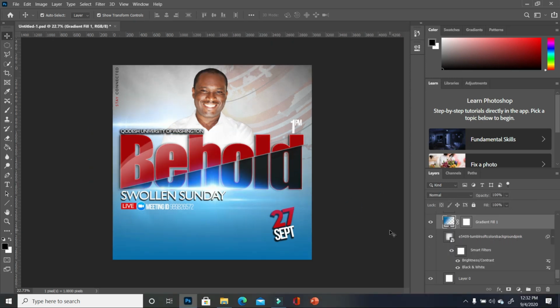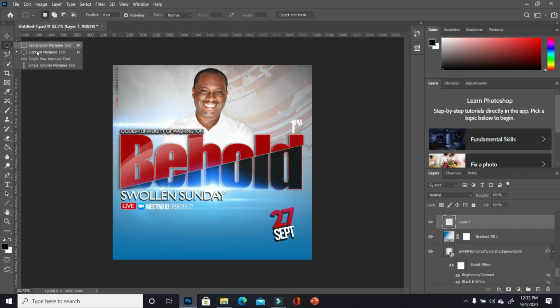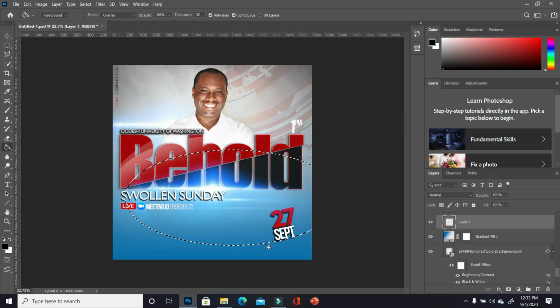So the last thing I want to show you that you can do to even take your flyer a notch up is to add a little bit of a design on the bottom. So with our gradient layer selected, we're going to add a new layer, and we are going to create an ellipse on the bottom. I'm just going to draw a big ellipse like that, and we're going to fill that in with black,